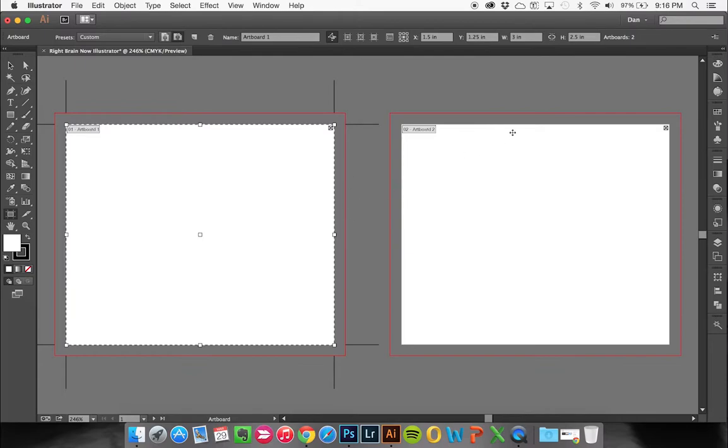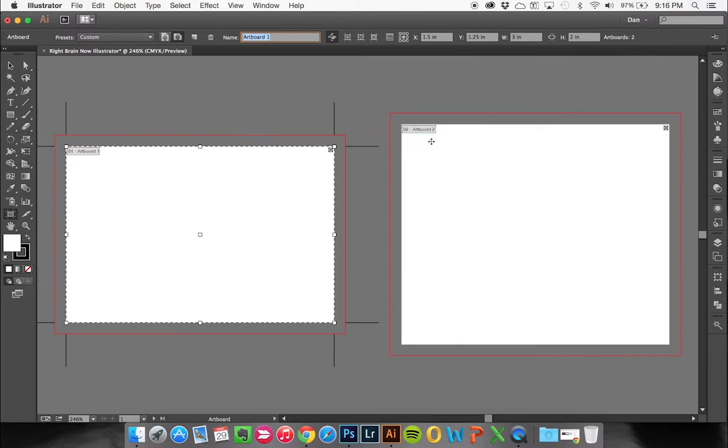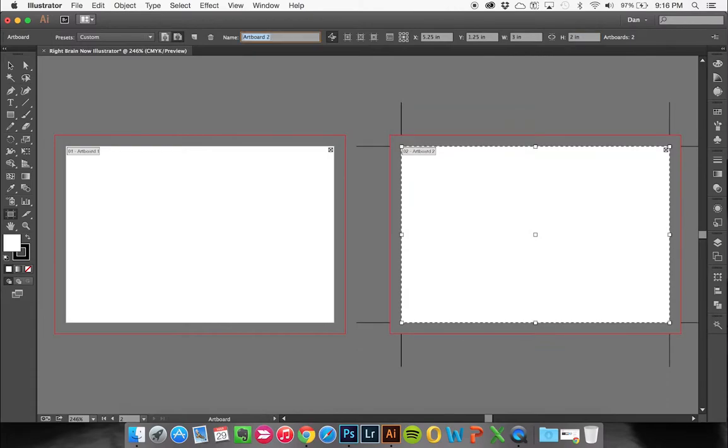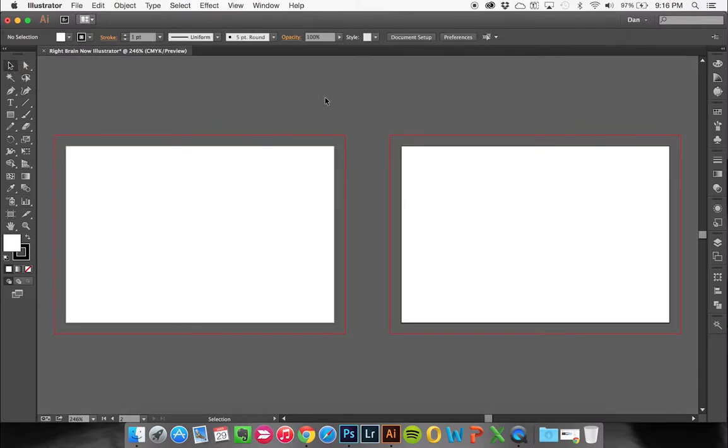So I believe I messed up. Let's come up to here to width, 3 inches, height, 2.5, and let's make that 2 inches. That looks more like it. So then come over here, we're going to click Artboard 2, and we will do the same exact thing, and we will change that to 2 inches, and then I'm just hitting the tab key to get that change input there, and you can see it changed that as well. So then we'll just click the arrow key, and now the artboards are set, and we are good to go